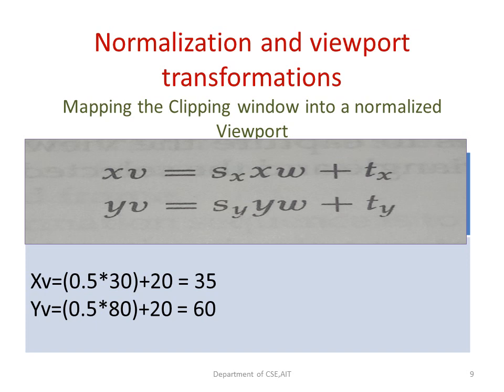So the point which is 30 and 80 in the clipping window is mapped onto 35 and 60 given the window parameters of the clipping window and the viewport. We are going to get the value of Xv and Yv. So in this example, we can understand that whenever a point has been mapped from one window to another window, there will be a change, and this change will always be with respect to the windows from where to where it is moving, and the dimension of the input window and the dimension of the output window.